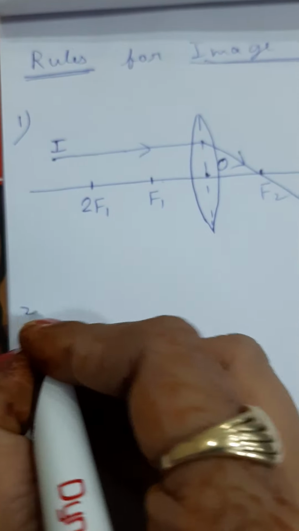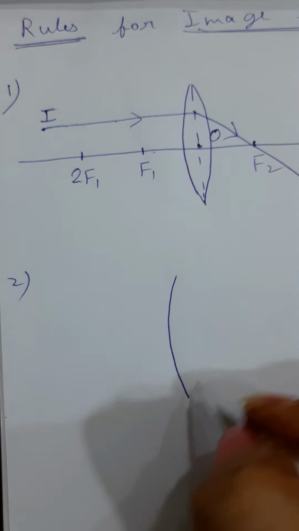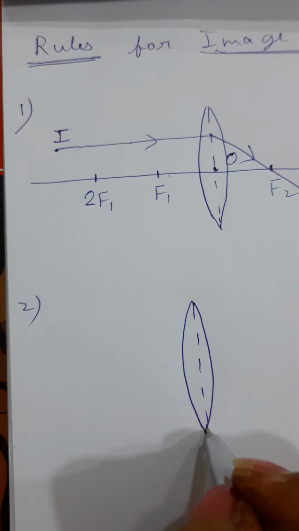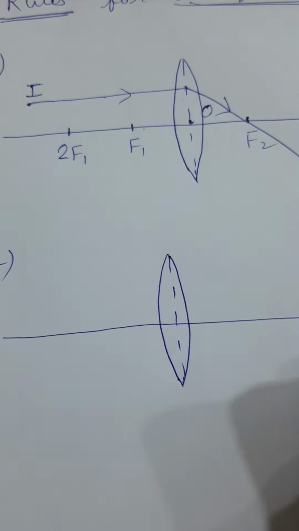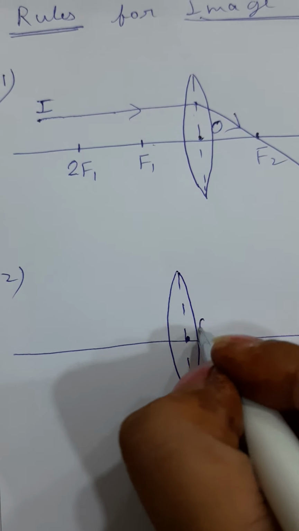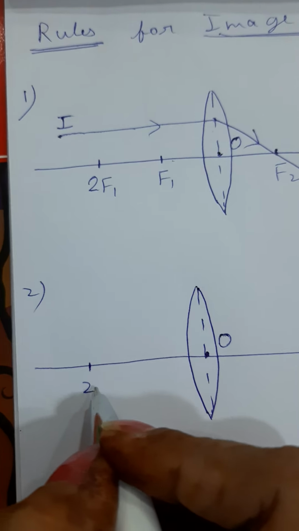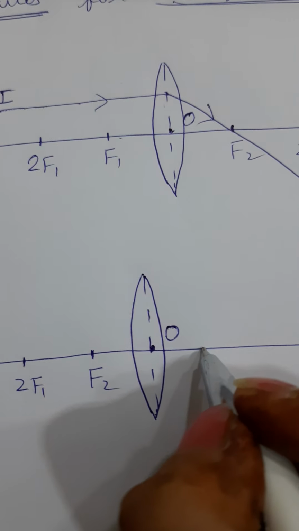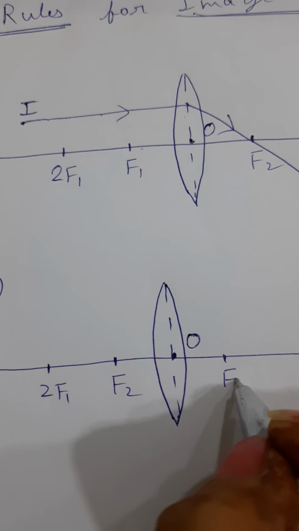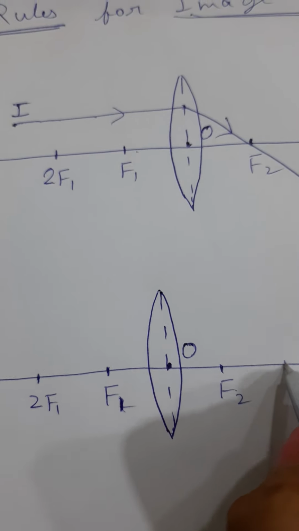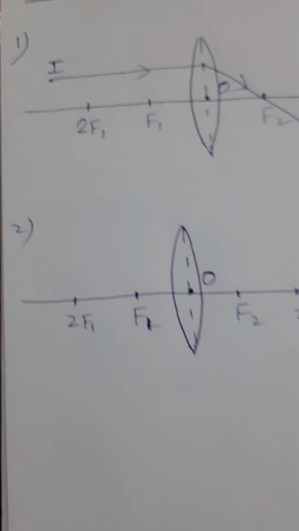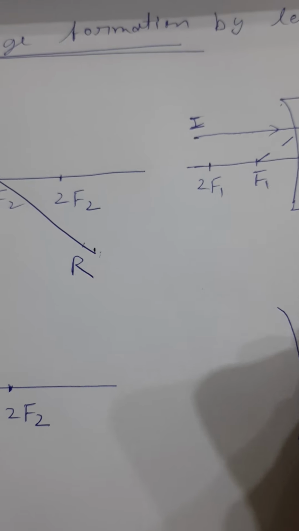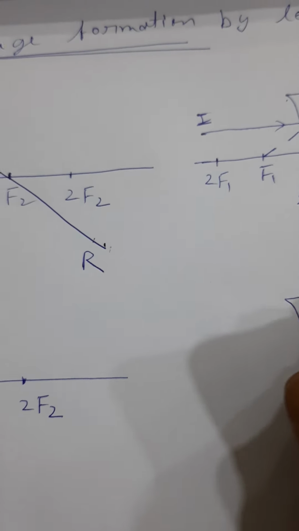Now see the second rule. Again you draw a convex lens. This is a convex lens. For the writing work, I will send you a PDF of handwritten notes. Don't worry about it. Here, try to clear your concepts so that you can do the writing work later on. Here you just focus on whatever I am telling you, and try to understand these things. Suppose this is a convex one, and we need one more. The same rule we will see for concave.